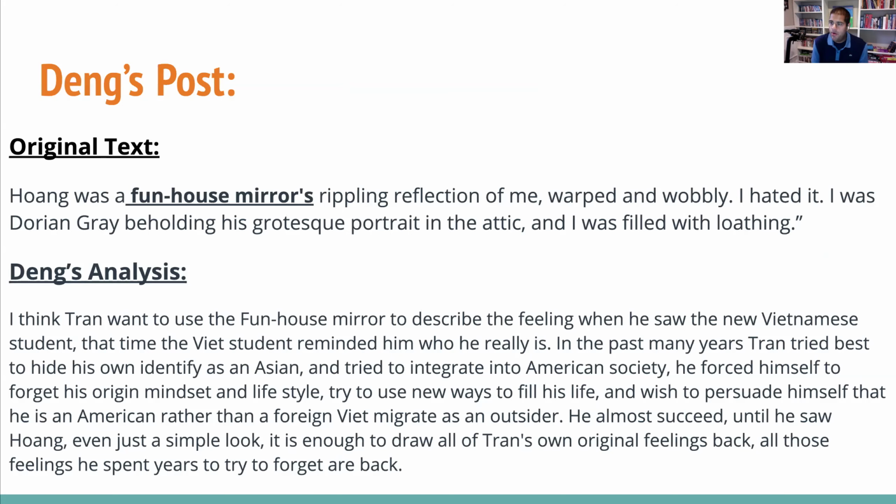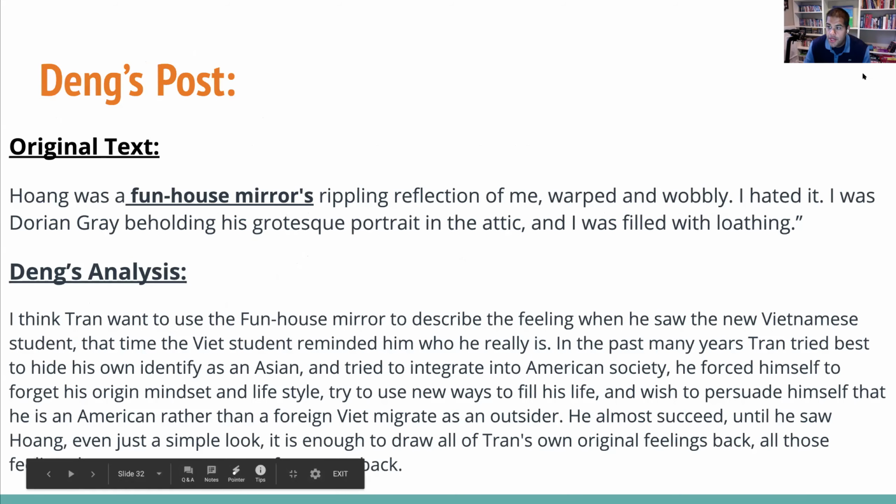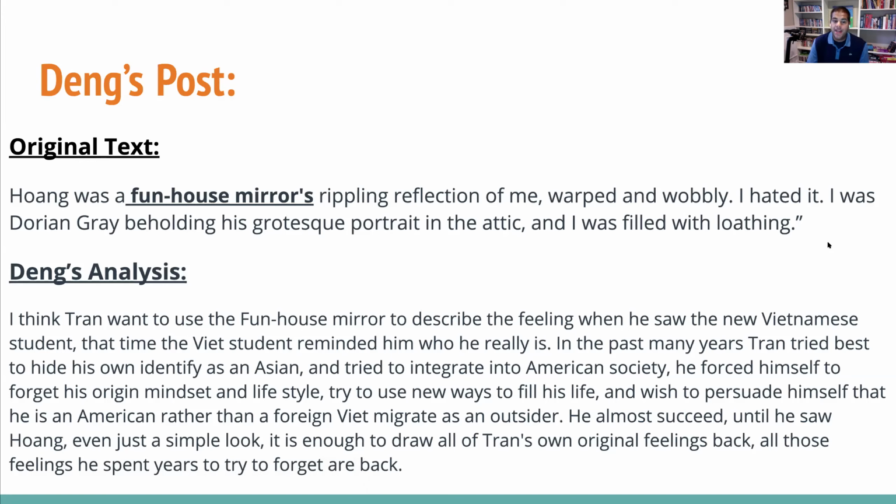But then Funhouse Mirror could be one of those things that could be very easy for us to gloss over, right? And so he picks this section where he talks about transperception of himself, when he looks at another kid who moves into the class who's also an immigrant. And when he sees that kid, he talks about him being this kind of version of himself, that he gets a funhouse mirror view of himself.